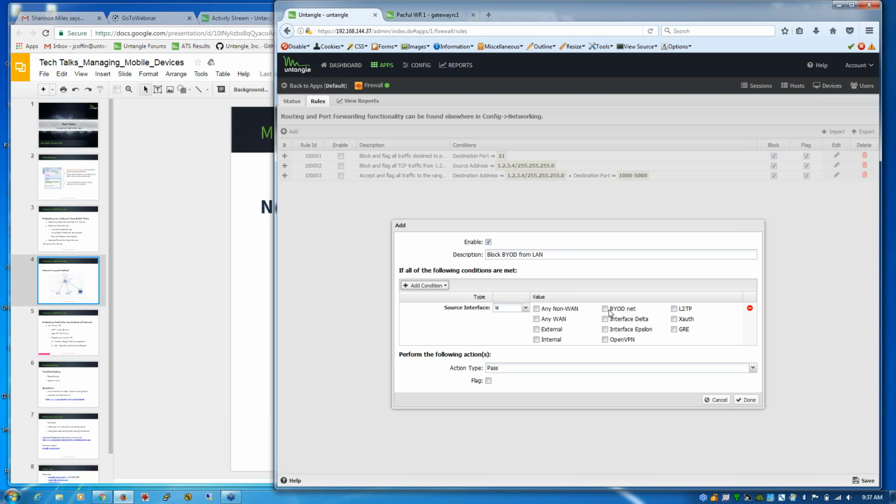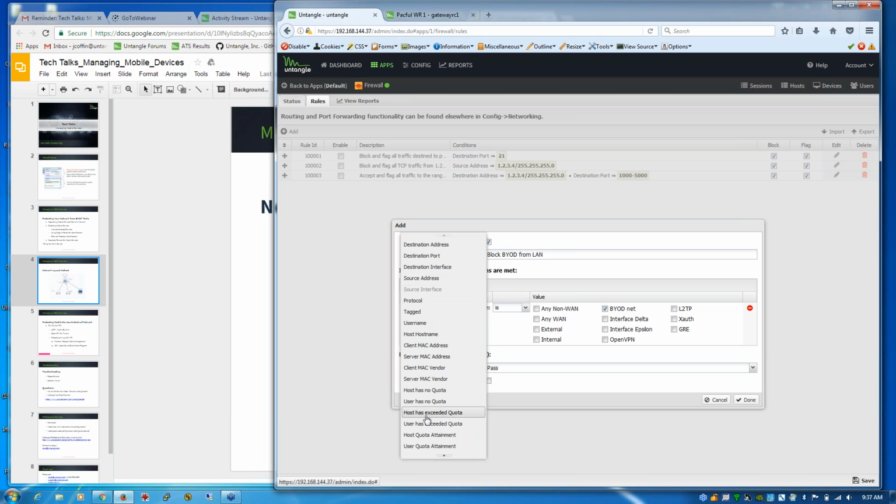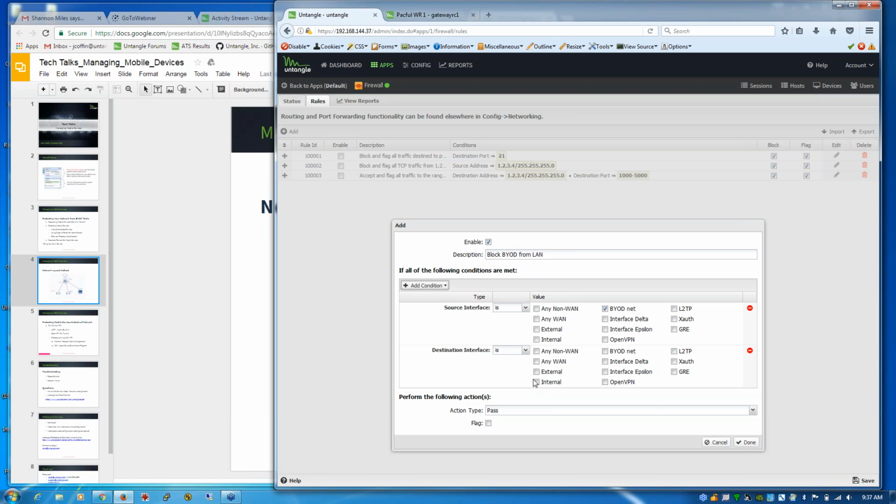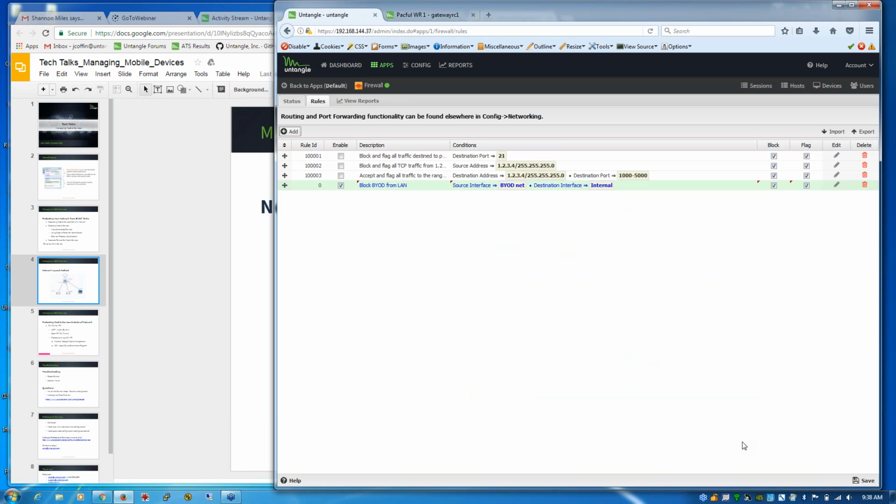here's the network that we named. So we'll go ahead with that, and then we'll add another condition, and if the destination network interface is going to be our internal, we'll go ahead and block that. And we'll go ahead and flag that just so we can have. So that will block any connections coming from anybody who brings a device connected to the guest wireless network,